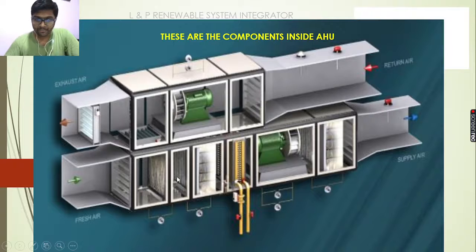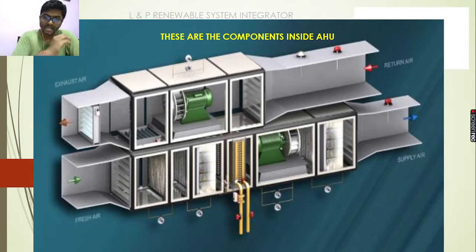In the supply part, there are a few components installed inside it. First is the damper. To allow the fresh air to get inside the building, inside the supply duct, we need a damper. Next, the air might have so many impurities, so to filter that, we have two filters, the bag filter and the pre-filters. Next, the air may be very hot or too cold, so we have to process it. The air that we are supplying inside the building, we have to process it.